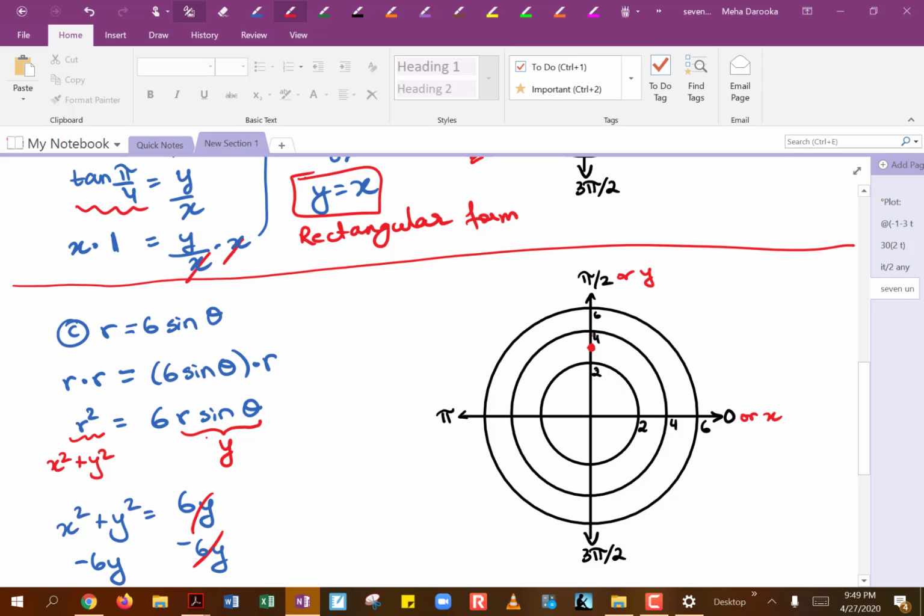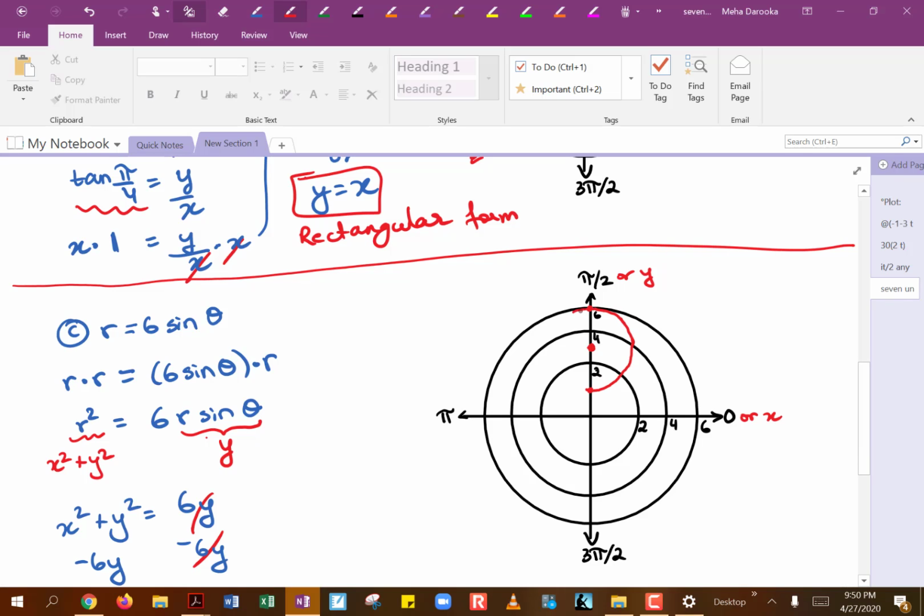So you go up 3 units, I guess halfway here would be 1, so go 3 units here, and then of course we would need to go 3 units left and 3 units right to get our complete